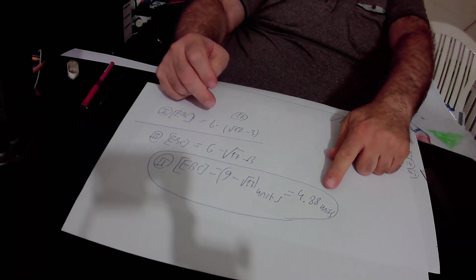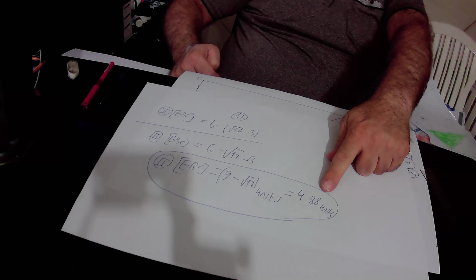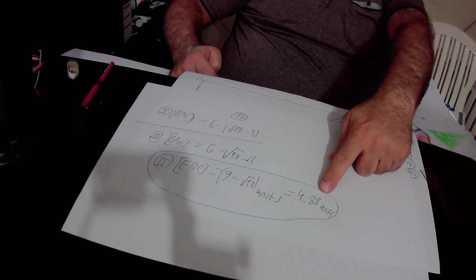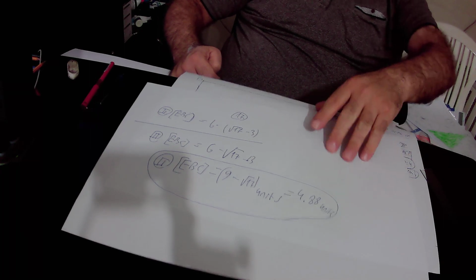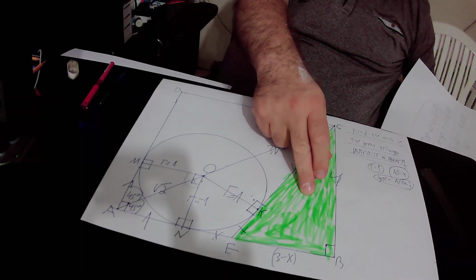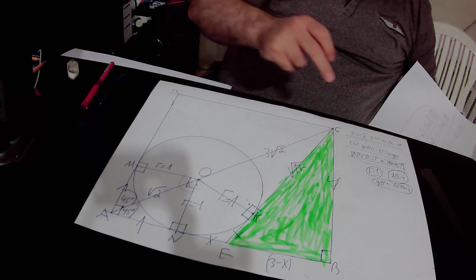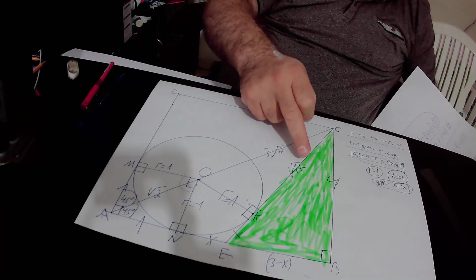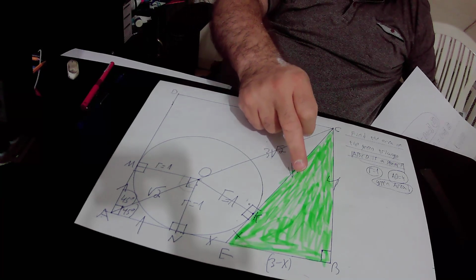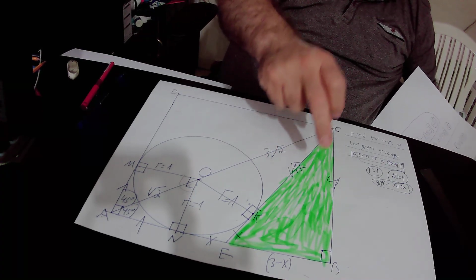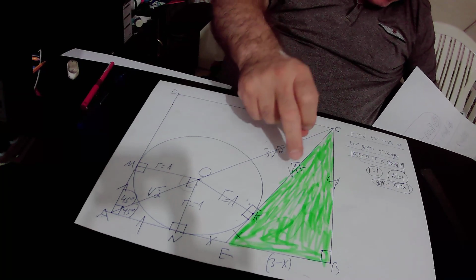or in terms of numbers, the area of the green right triangle, triangle EBC equals 4.88 square units. I will repeat again. The area of this green right triangle, triangle EBC equals either 9 minus square root of 17 square units, or in terms of numbers, the area of this green right triangle EBC equals